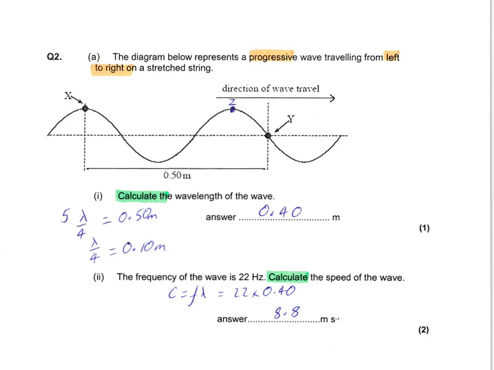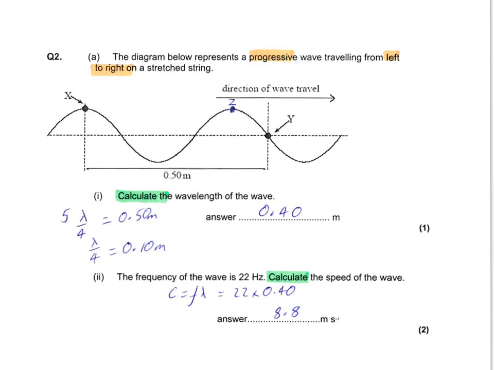great, except it's not, because a wavelength is from x to this point I've marked here, z, not all the way on to y. If I look at that carefully, I've got a quarter wavelength from the peak to the equilibrium, another down to the trough, 2, 3, 4 quarter wavelengths, 5 quarter wavelengths. So the 5 quarter wavelengths are this 0.5 of a metre. So each quarter wavelength is 0.1 of a metre, so a whole wavelength is 0.4 of